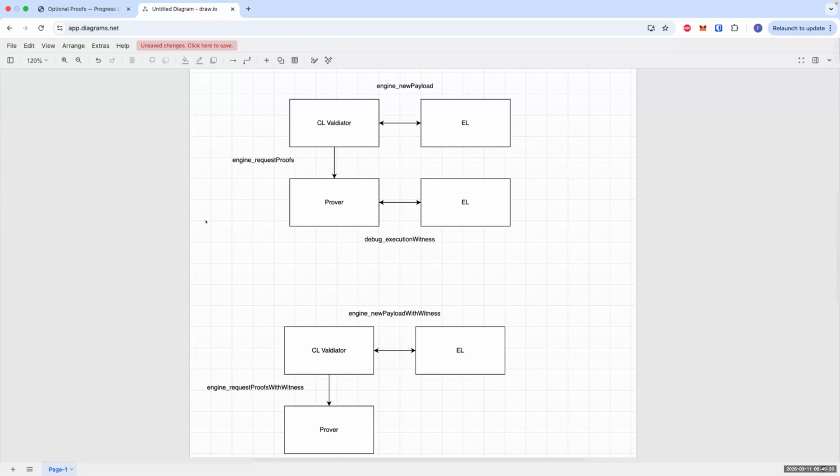So this at the top is essentially the current flow that we have for proving. So we have some consensus layer validator. They're connected to an execution layer. They invoke the engine new payload method and receive the result from the execution layer. They then subsequently take that payload and include it in an engine request proofs, essentially just a proof request to the prover, who then has to enrich or fetch the execution witness from an execution layer that they